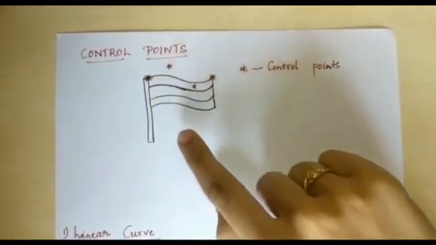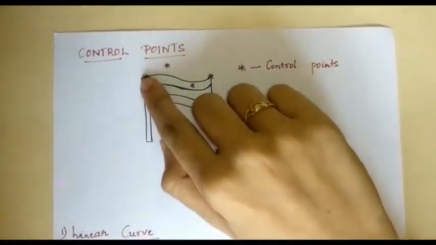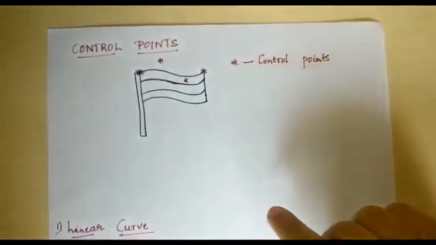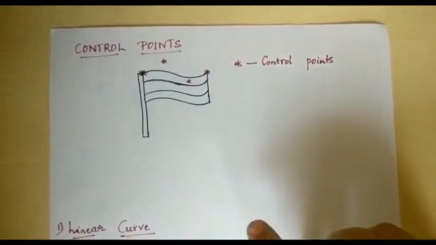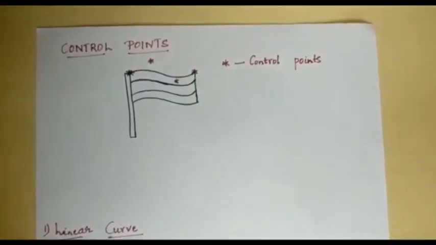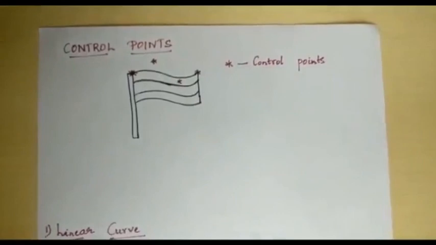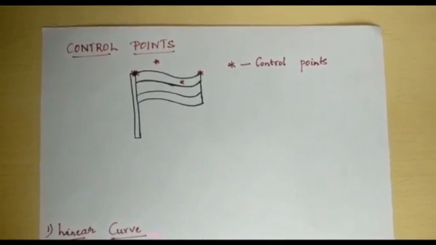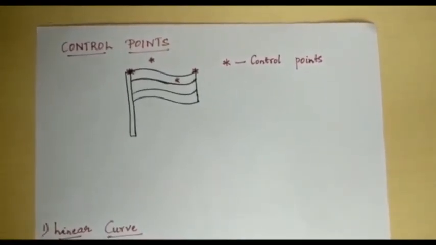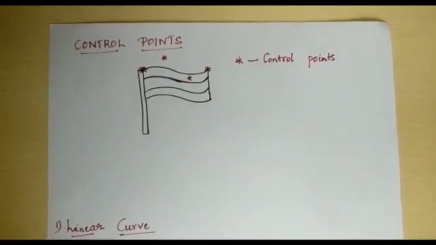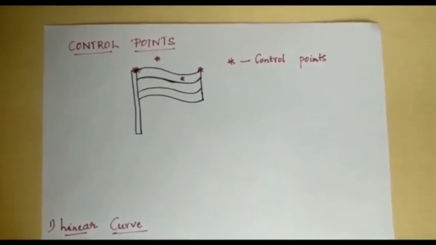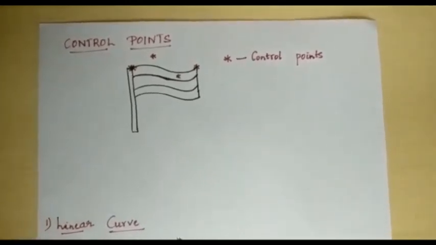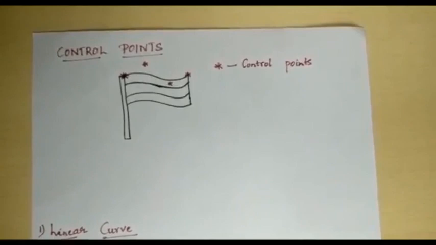But if you see this flag, we are using four points, but one point is sticking to the pole. So the movement is based on the three control points. If we use the first control point as a curve point, the flag may start movement from the first point. It will not stick to the pole and it will start flying like anything. That's why we are not using the first point in this. Here the logic is very simple. We make one curve and we simply make replicas of it, say 50 times.